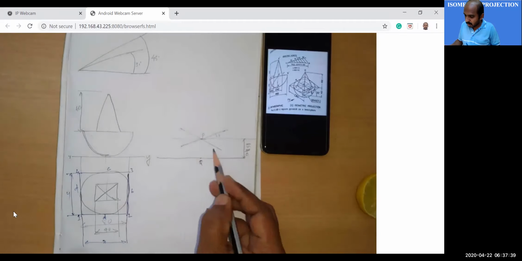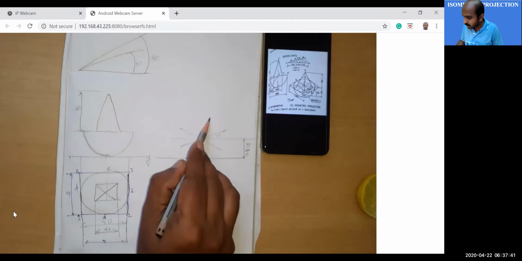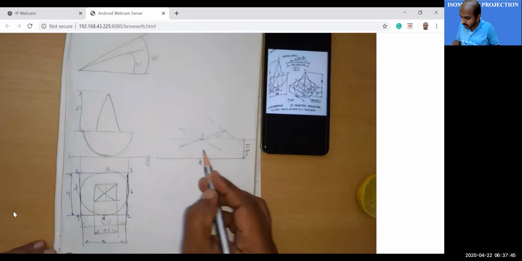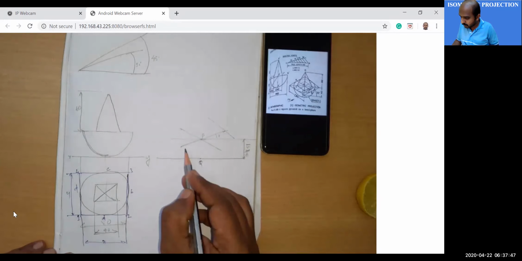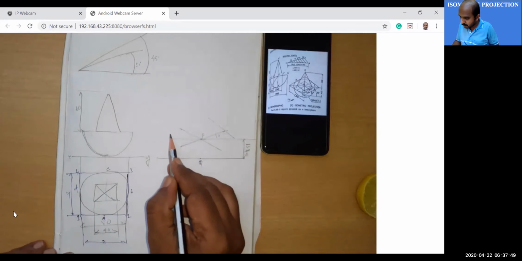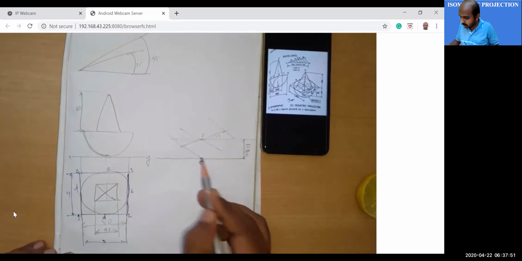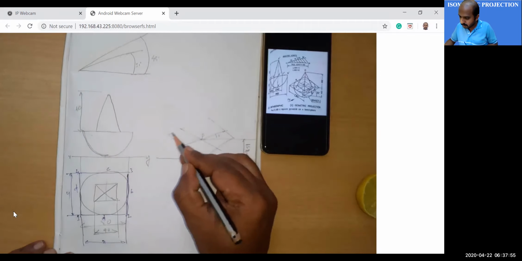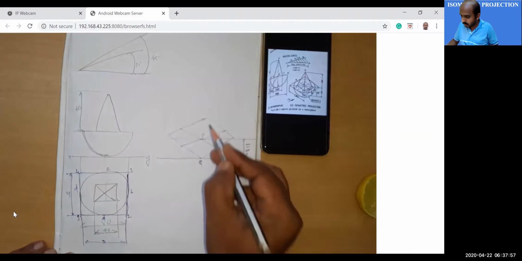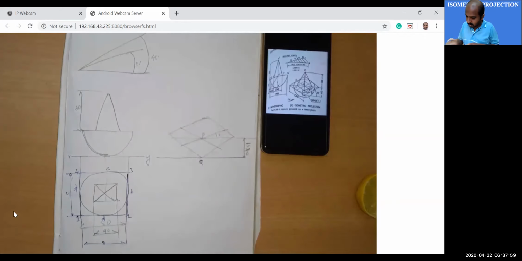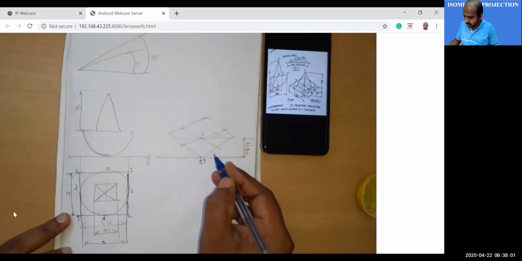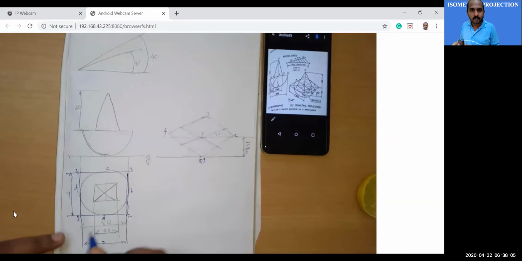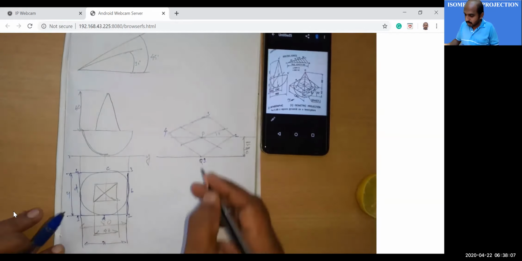Now I hope you remember, through these 2 points you draw lines. So you draw parallel lines. Okay, parallel lines. So now this point is equal to 1, this is 2, this is 3, and this is 4. Okay, now you can complete.